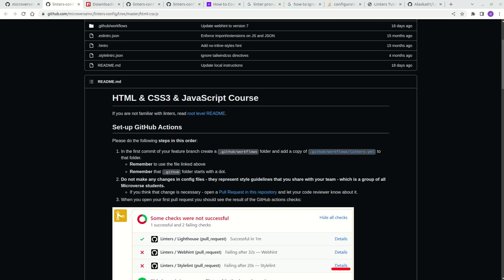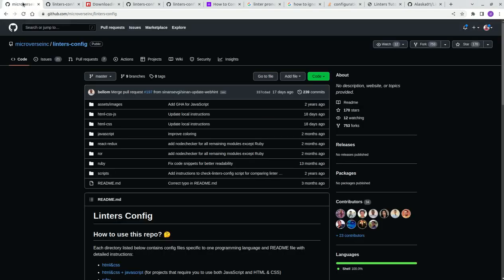Welcome to the Microverse Linters tutorial for HTML-CSS. This is how it works. If you want to install any Microverse linters, they have documentation on their GitHub page. Then you see we have HTML-CSS, JavaScript, React Redux, Ruby on Rails, Ruby, and what have you. Each of the documentations is for